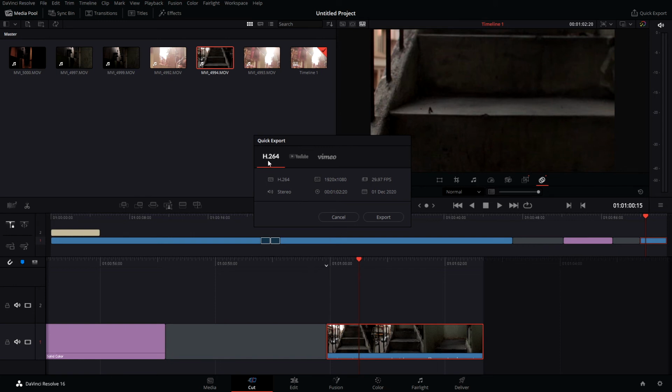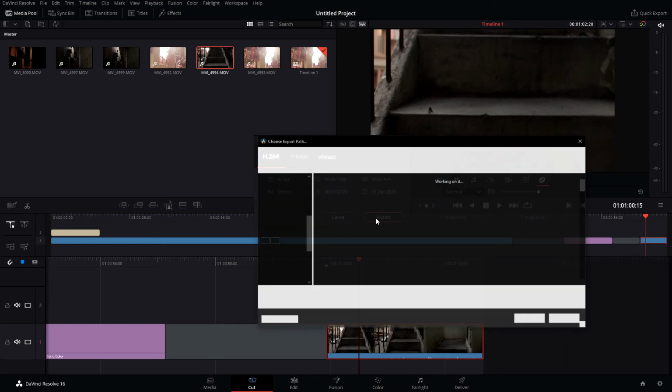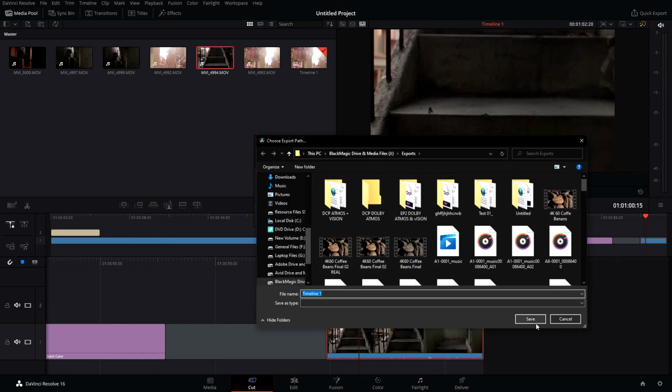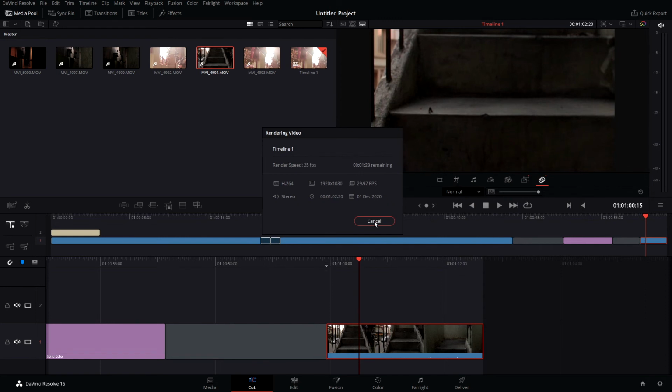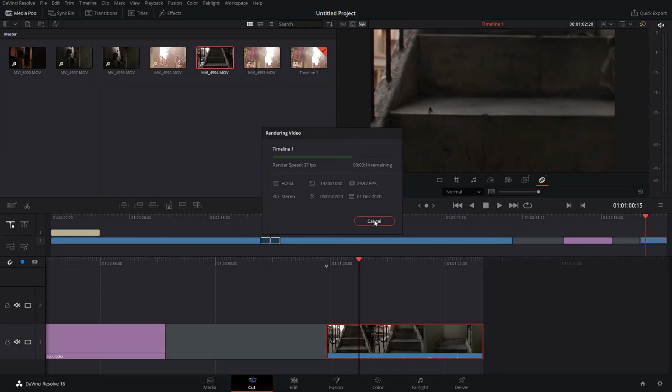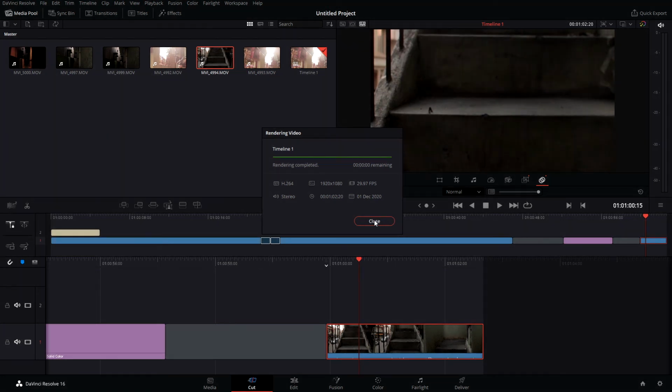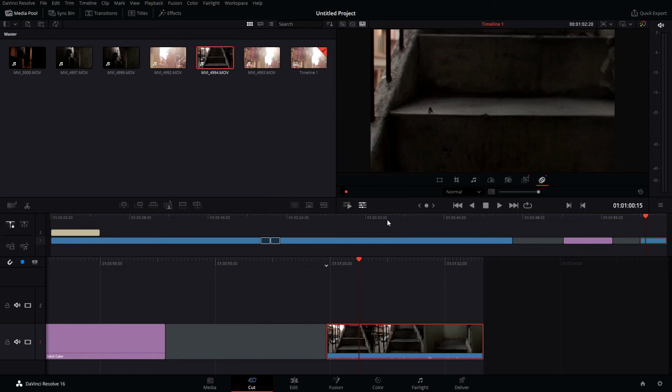Here is H264, so I'm just going to export in H264, timeline 1. It's exporting. Okay, it's exported. Sorry for that delay.